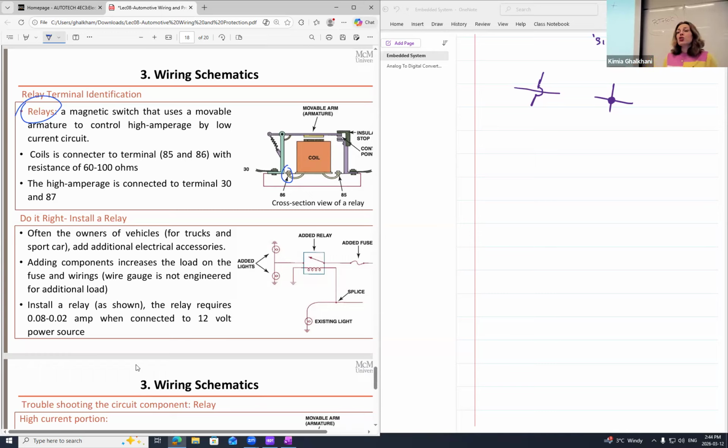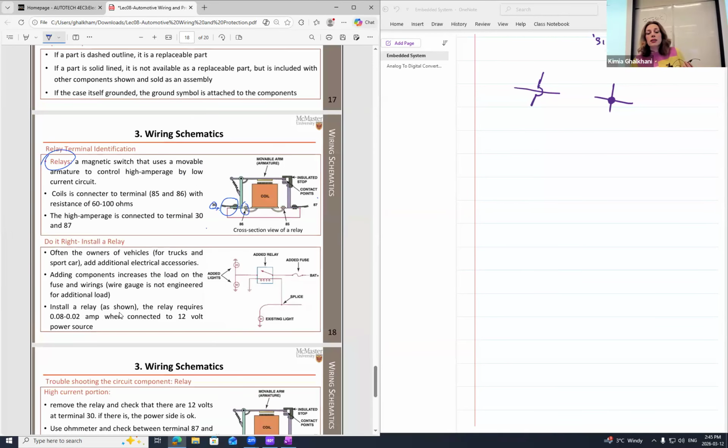So for example, if you are going to troubleshoot a relay, since you have 4 points in here, you have to grab your multimeter and check number 30, the number for it is 30, and ground to see if it is functional or not. Or you can check another one in here, which could be, for example, 87. It's not showing because I maximized it, but the number in here, I'm going to minimize, you can see it. This is 87. Either this part or this part. Check it with a multimeter in order to check the functionality of it and see if it is receiving the power.